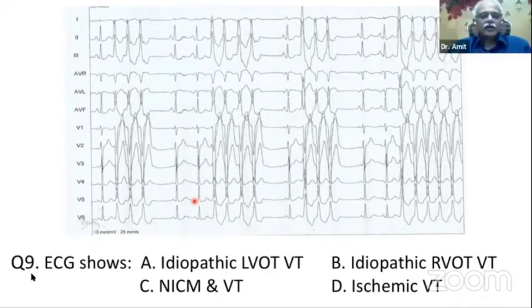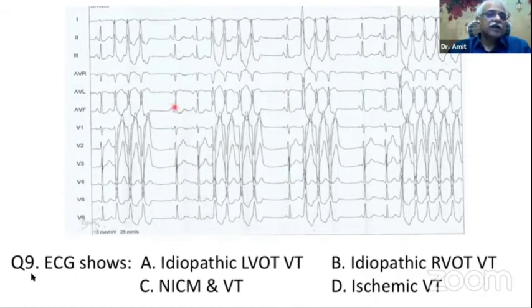Absolutely, absolutely. I think a very good analysis. You have a wide QRS tachycardia, and again, I want you to use pattern recognition. When you have a repetitive, monomorphic, non-sustained wide QRS tachycardia with LBBB morphology and an inferior or rightward axis, that means it's coming from a basal region, and LBBB means coming from the right ventricle. This is a classic example of an idiopathic RVOT-VT, right ventricular outflow tract VT. And when you have these interspersed narrow normal QRSs, you should clearly look at these normal beats also.